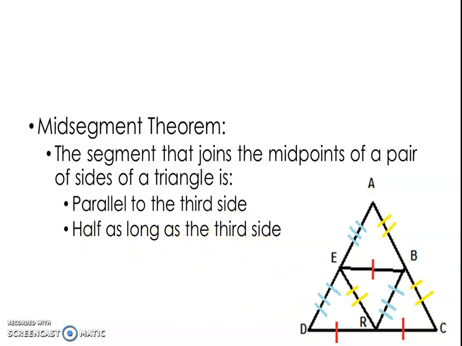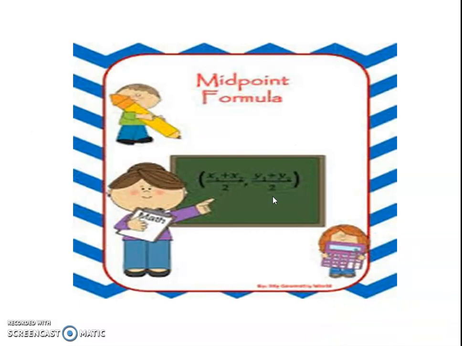Here, E is the midpoint of AD, B is the midpoint of AC, and R is the midpoint of DC. If we join E, B, R, we form a triangle, and AD is parallel to BR, DC is parallel to EB, and AC is obviously parallel to ER. This is the theorem in geometry, but we have to use it in an application.